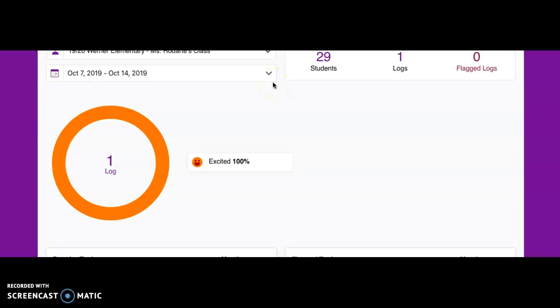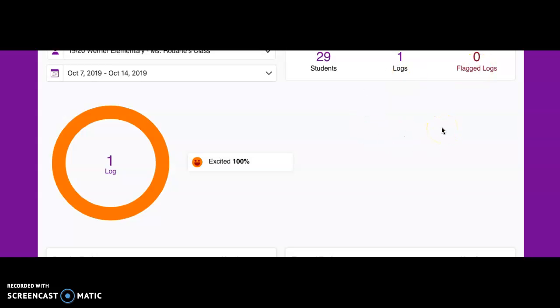After students submit their responses, teachers are able to analyze the data. So one of the links that Yoo-Hoo provides you as a teacher is your own personal link to analyze student data, which looks like this. It shows you how many students you have, how many logs have been completed by students, and how many flag logs. And flag logs are basically if there are any key terms that might be alarming, Yoo-Hoo automatically flags them so that you as a teacher know that you should follow up with that student sooner rather than later.